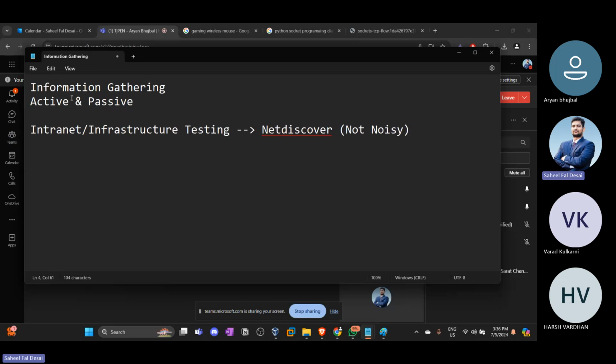Now coming to active and coming to passive. Now these two things are quite similar, not quite similar. You can say quite different also. But